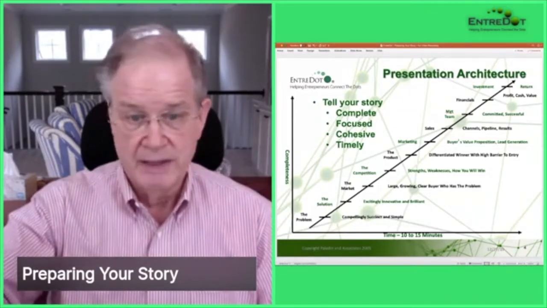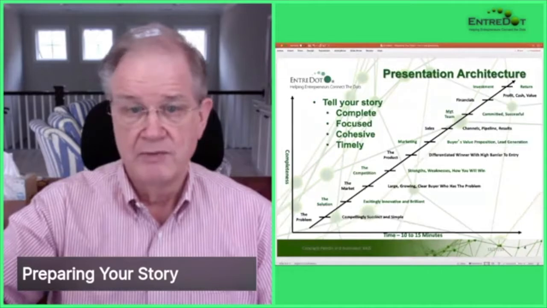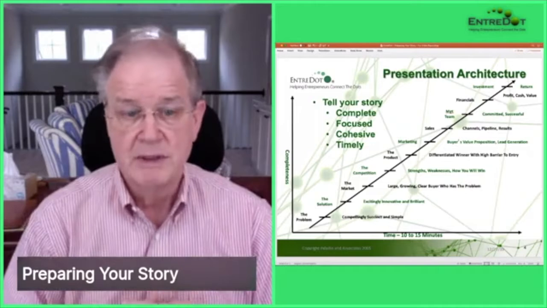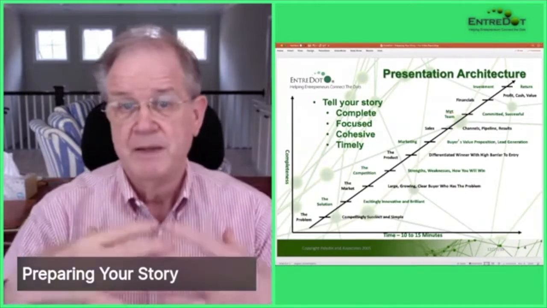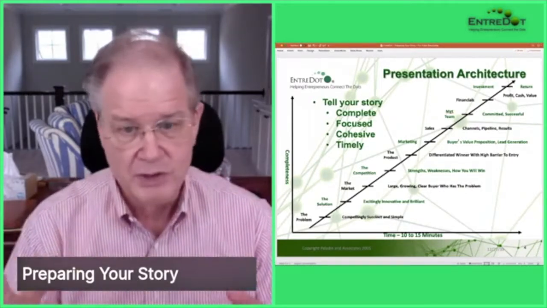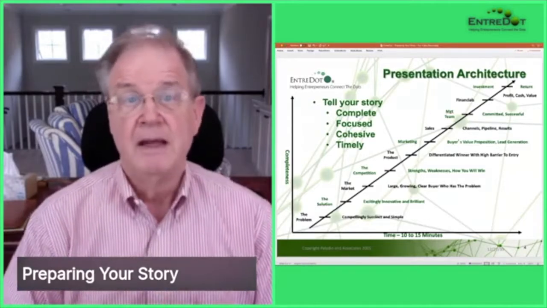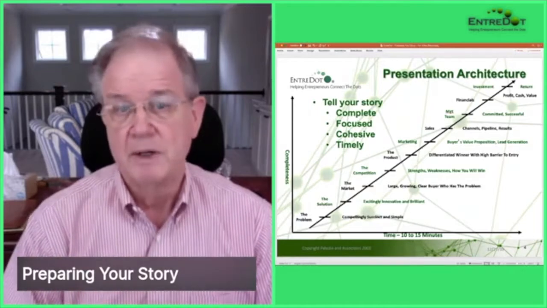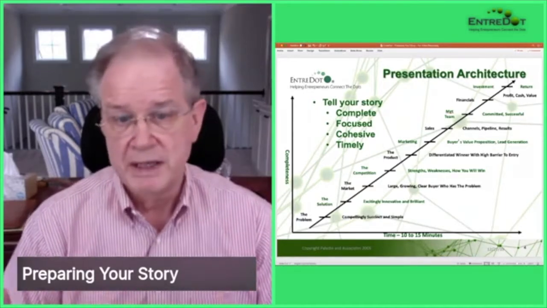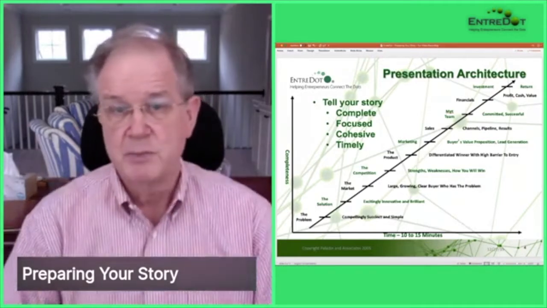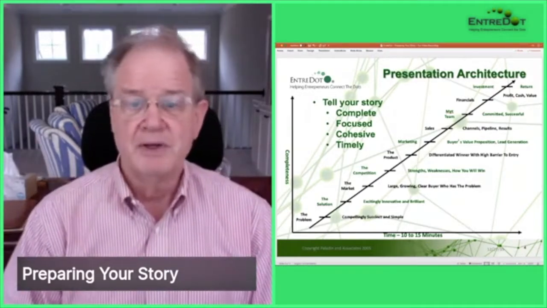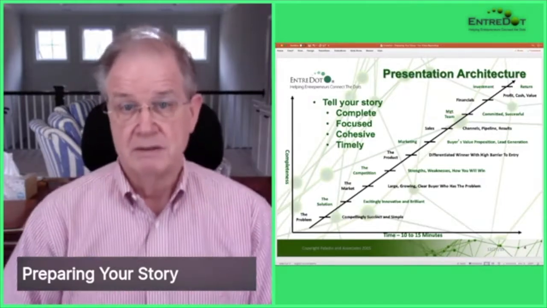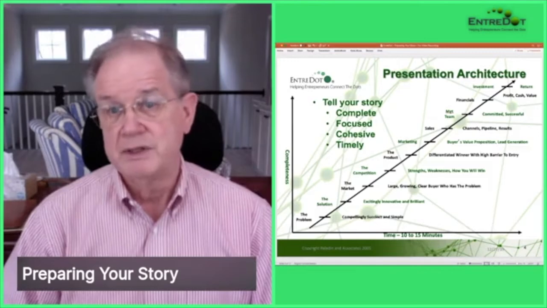But the sequence of events from lower left to upper right is you first explain the premise of the business, the problem you solve, in other words, or the opportunity you're chasing. Proceed then to explain the solution and why it's so darn exciting. And then you explain the market and that it's a large and growing market, and you understand who the buyer is. You go on then to explain who else is in this market, the competition, in other words, and what their strengths and weaknesses are, and how you're going to beat their butts in the marketplace because of your differentiation.